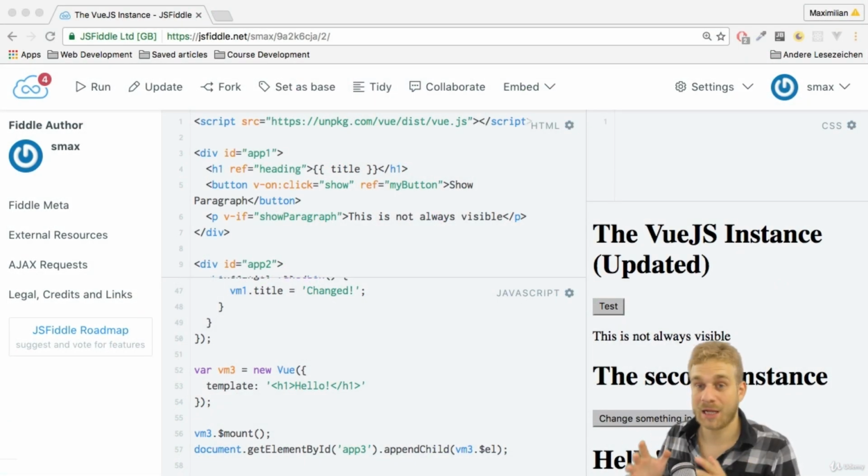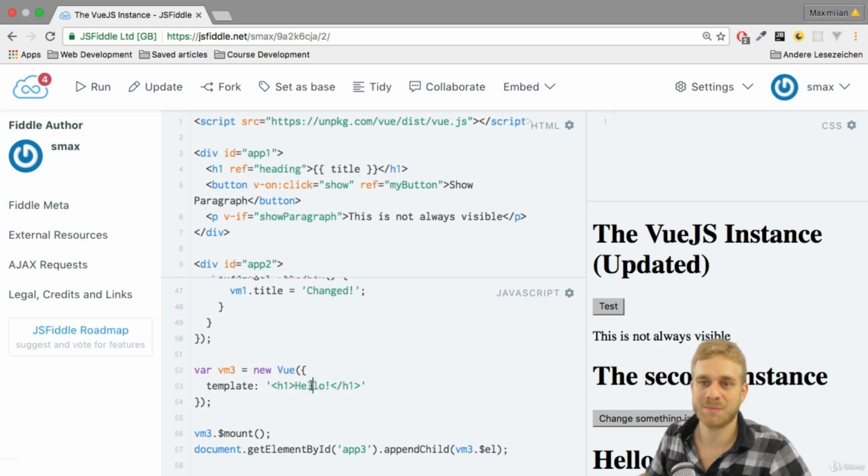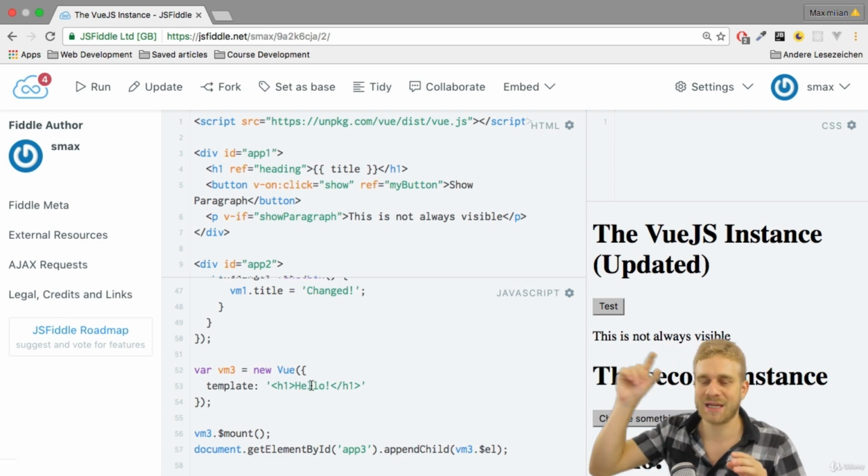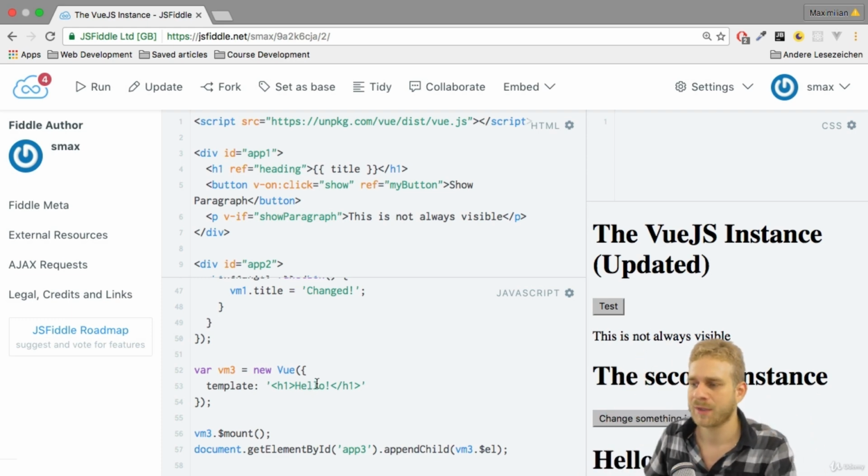Well, now that we in the last video learned about this template option and that we can mount our instance like this, we can continue with that thought. What if we wanted to create a reusable component to insert this template in multiple places? Because maybe it would be something more than just hello. Let's say it would be a complex template displaying something which we want to display in several places on our page. Now, if we wanted to do that, one thing we could do, of course, was